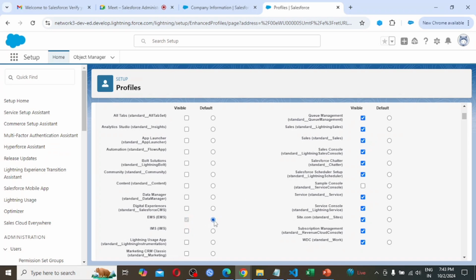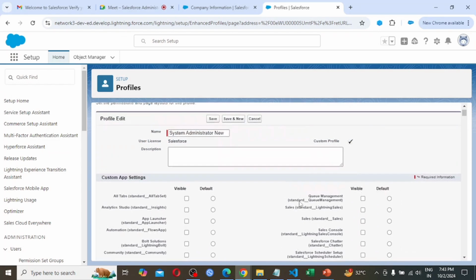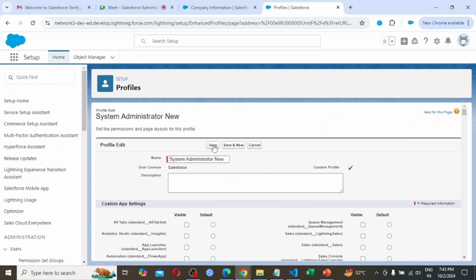Also I am making this the default for user A. Now user A can't see any other application. User A can see only the employee management system application, not other than this. So simply I need to click on the save button. It's done.